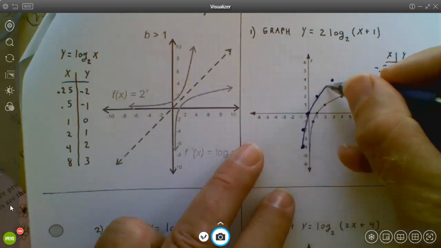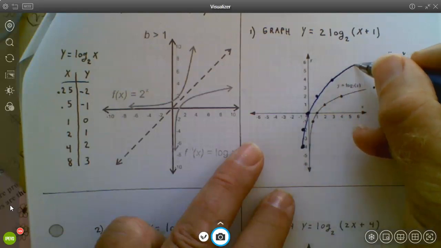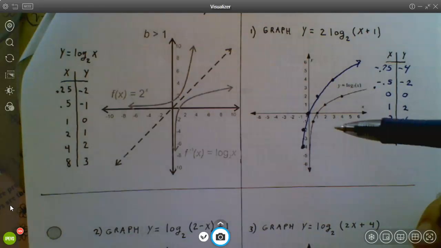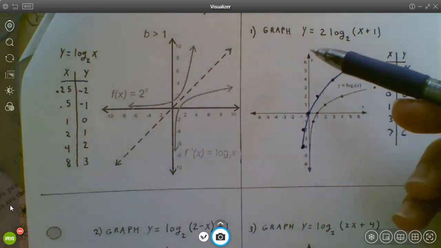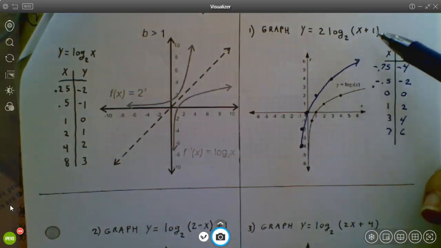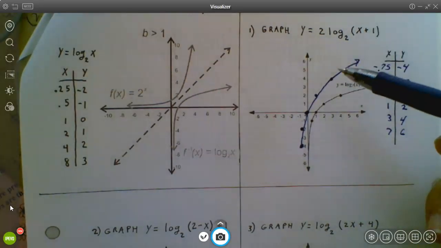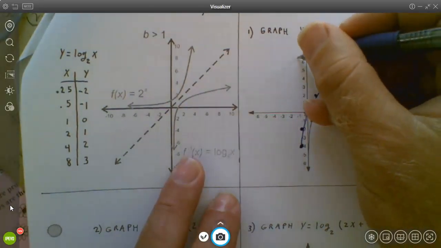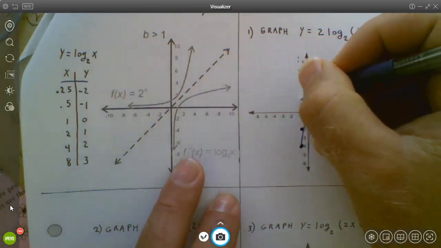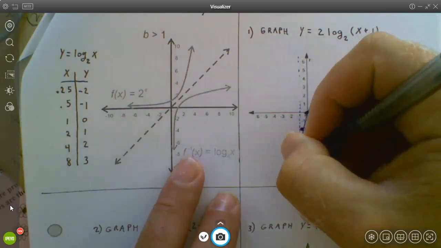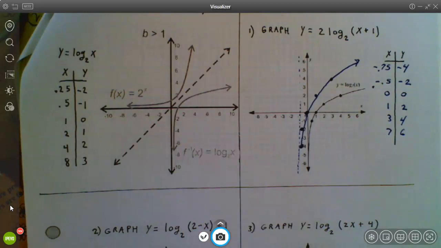I'm going to show you this on the calculator, but I do want you guys to keep in mind the parent function, as we talked about in the last video, has a vertical asymptote at x equals 0. If I shift everything to the left 1, I should now have my vertical asymptote at x equals -1. So now my vertical asymptote is here. So we've got to be careful not to cross that line when you're making your graph. So if you did this on the calculator,